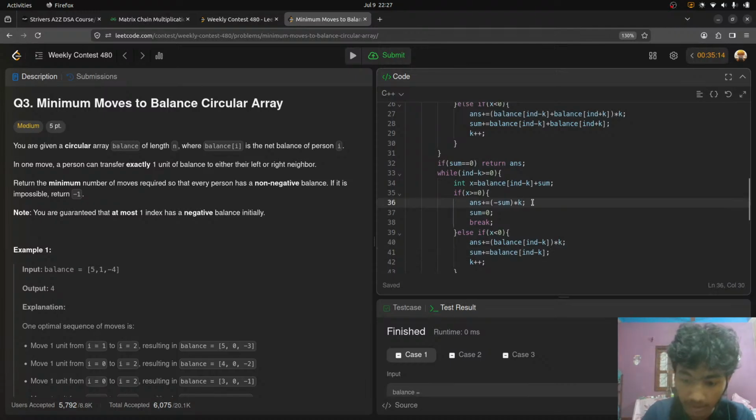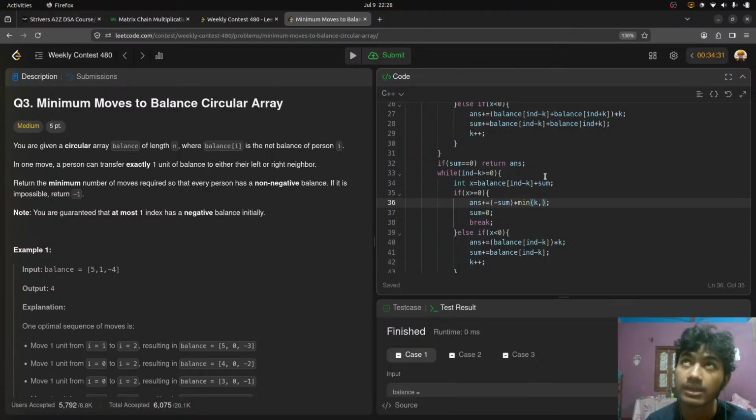So here you can do the min of k plus, because you are at end minus k, you need to move it k, or you can just put it into the end. You can also do something like end minus k will move it